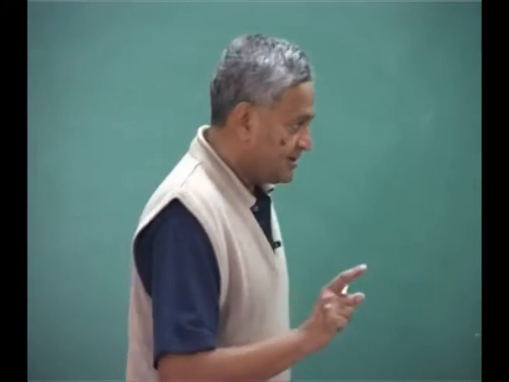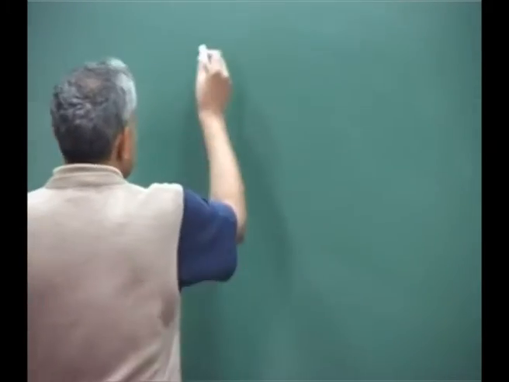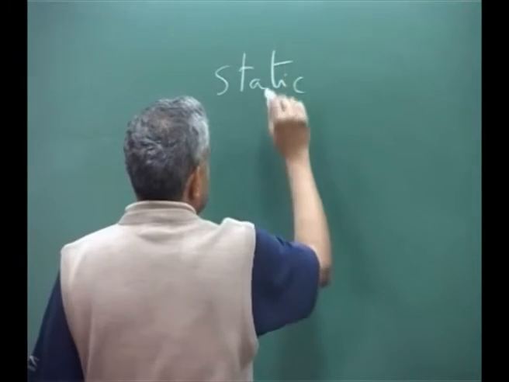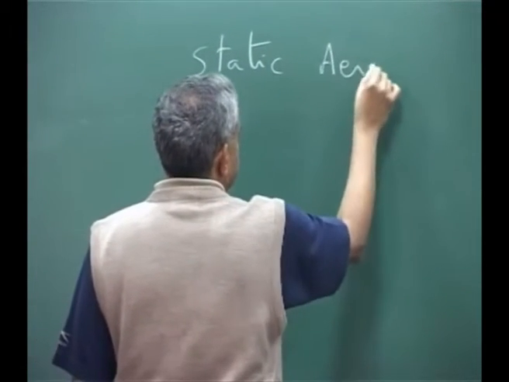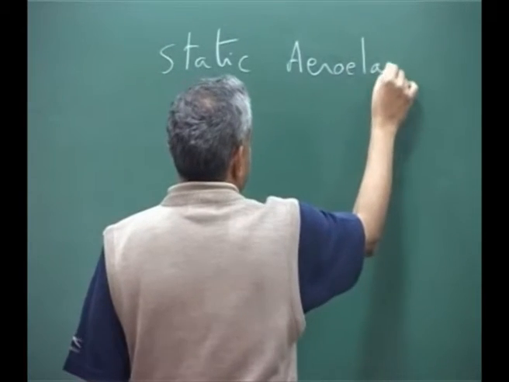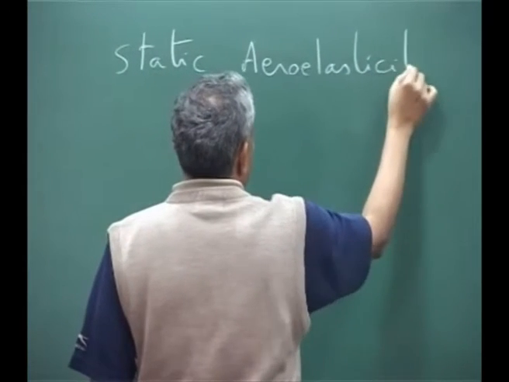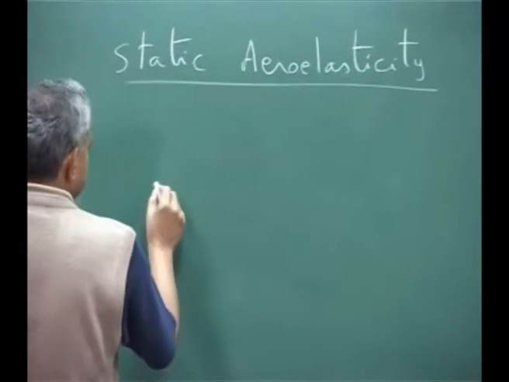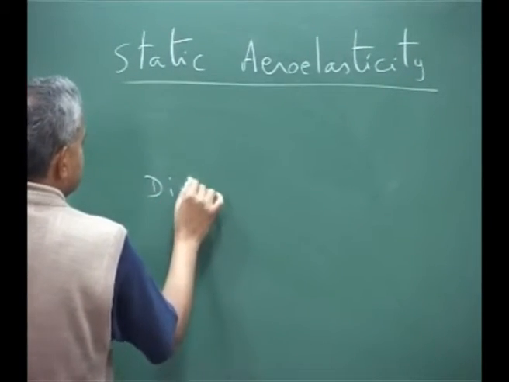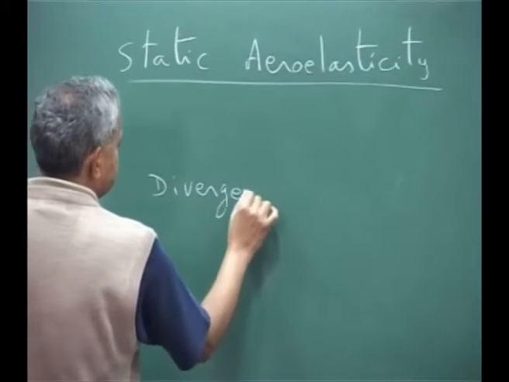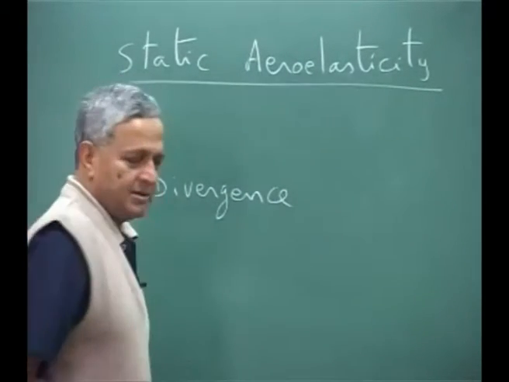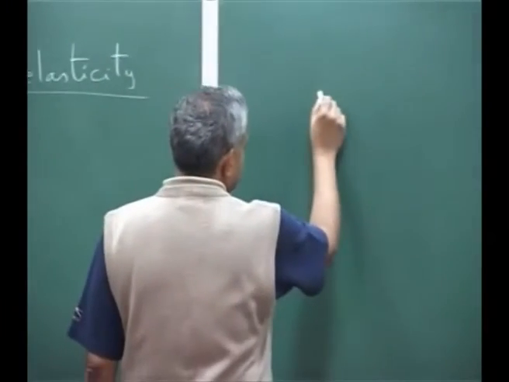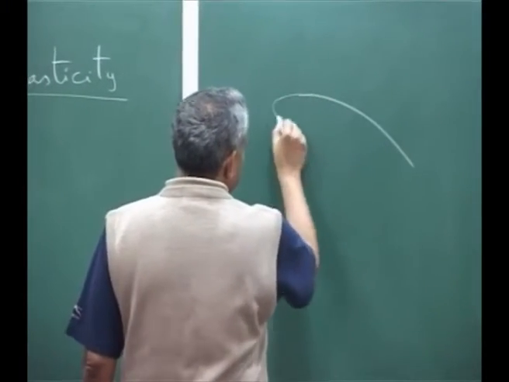See, we will again start the static aeroelasticity from the basics. Very simple problem. We will consider the divergence of a 2D section, and we will consider an aerofoil